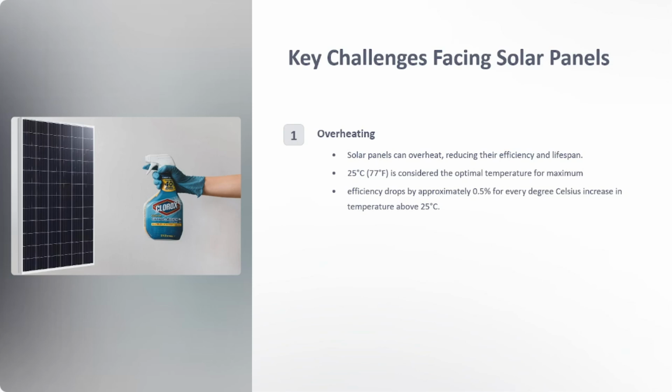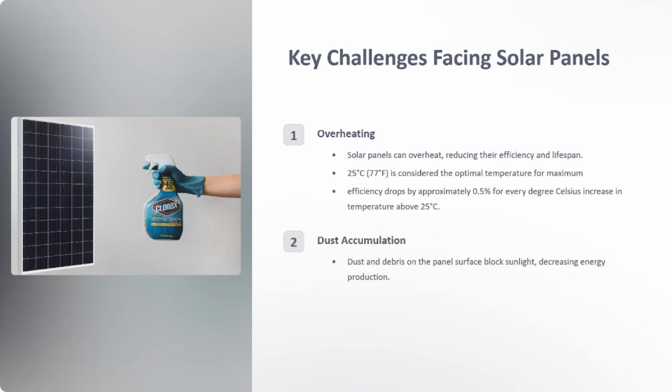The current researchers and experts in the domain are always saying there is approximately a 0.5 percent efficiency drop for every degree Celsius increase in temperature above 25 Celsius. So our system is going to address this overheating issue,